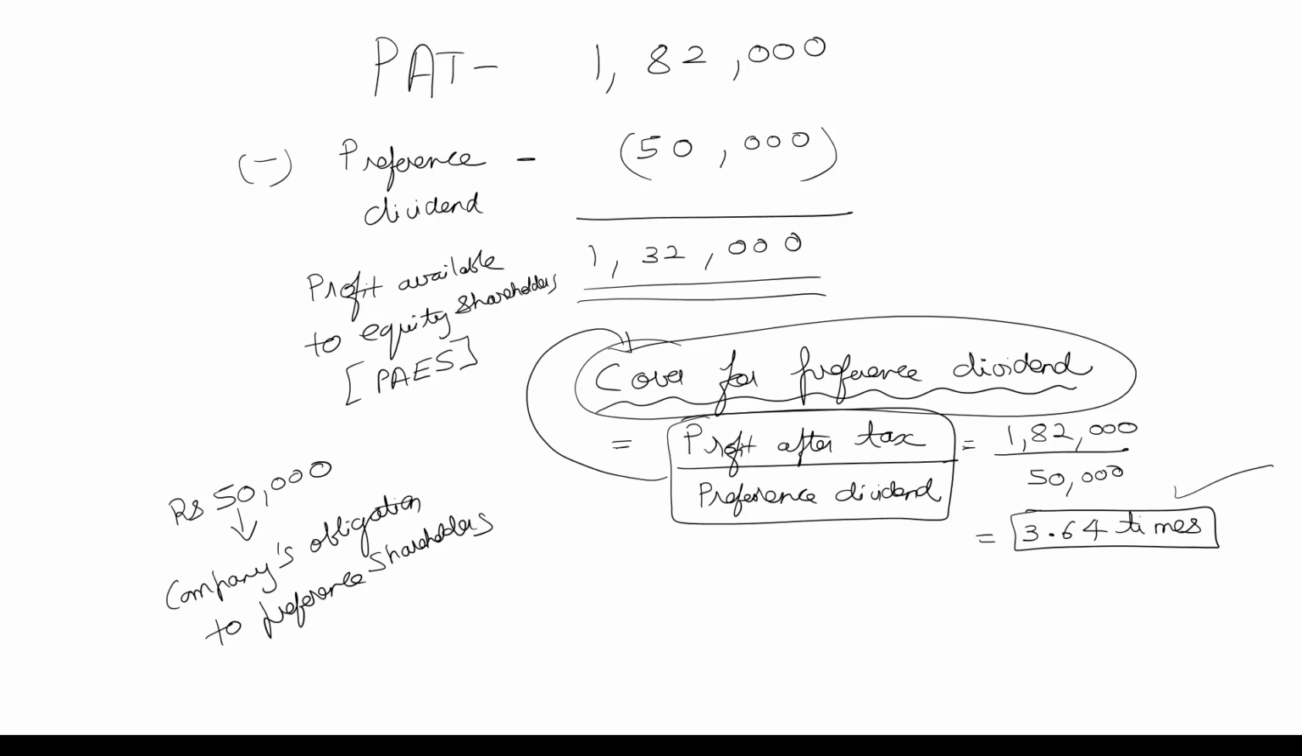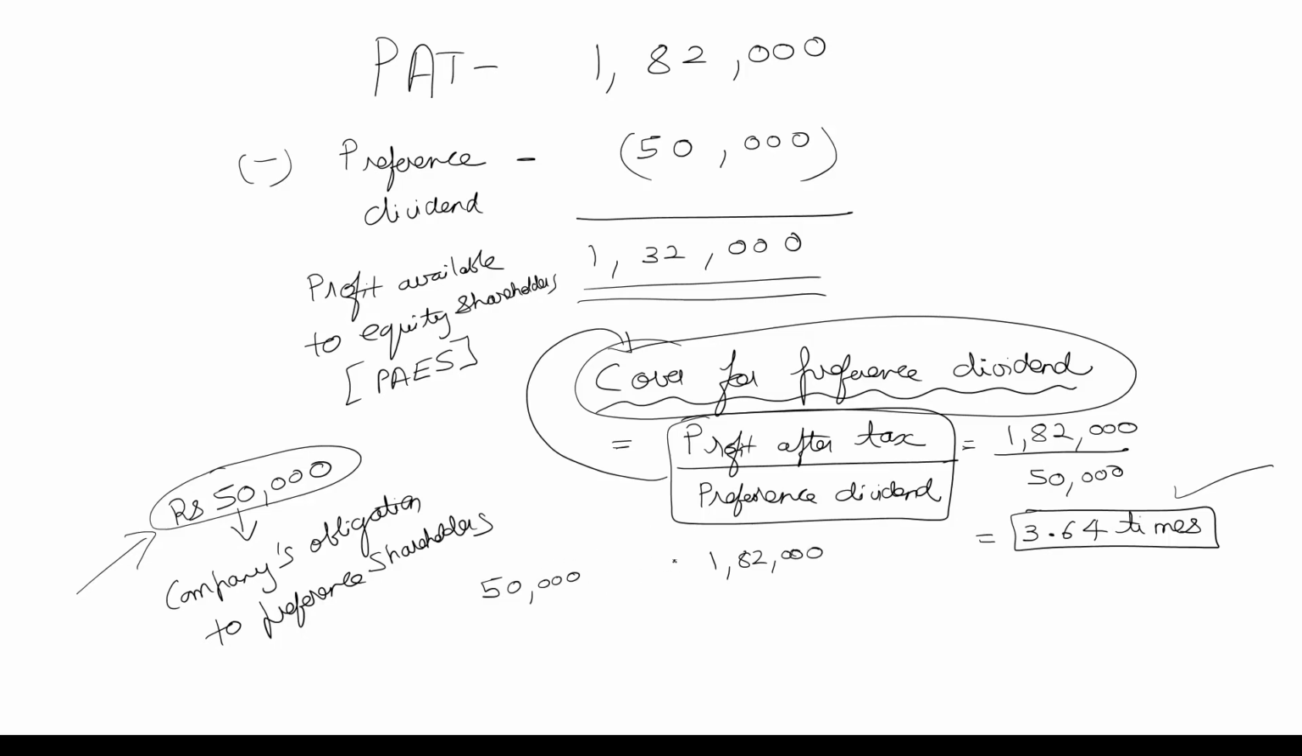Let's say the company wishes to know whether it has enough profits from which it can pay this preference dividend. The company has an obligation to pay 50,000 as dividend to preference shareholders, and the company wants to know whether it has enough profits from which it can pay preference dividend to preference shareholders. What we understand here is that the obligation is 50,000, but the profits available from which you can pay off this obligation is